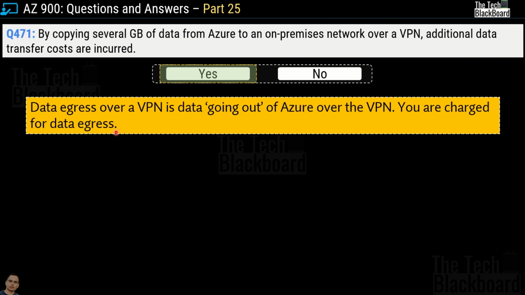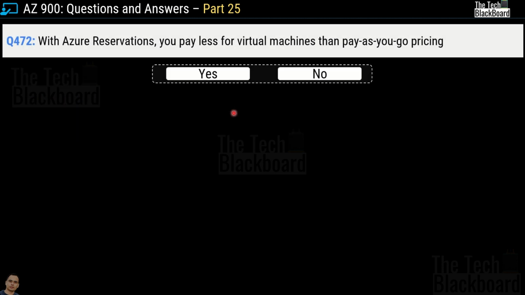So I hope you understood. Let's summarize. The ingress data, or incoming data to Azure on the VPN, is not charged. However, the outgoing data, or the data egress, is charged when the data is going out from Azure over the VPN. And now comes question number 472 that says that with Azure reservation, you pay less for the virtual machines